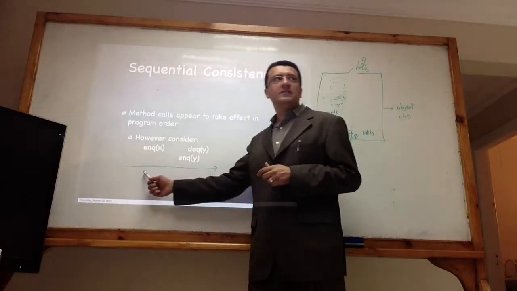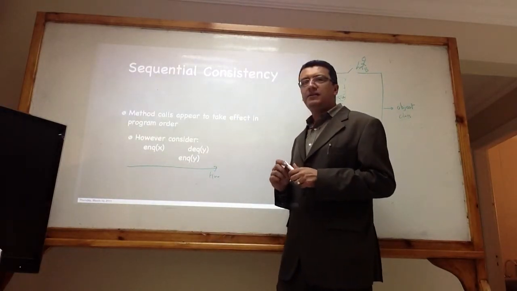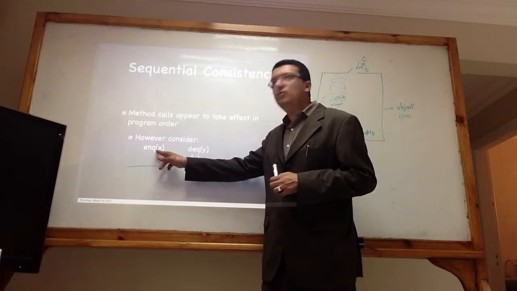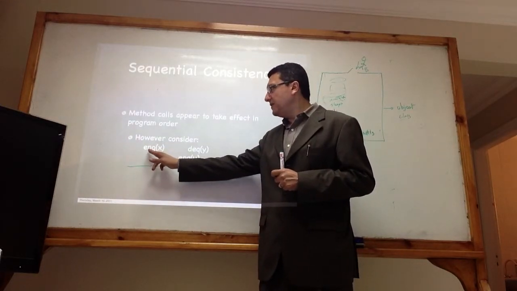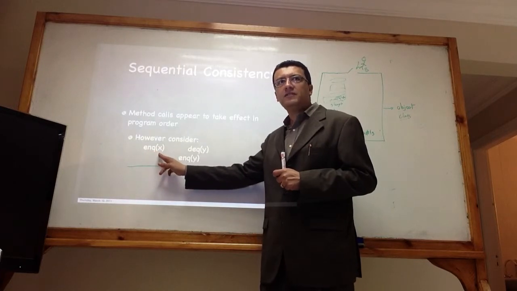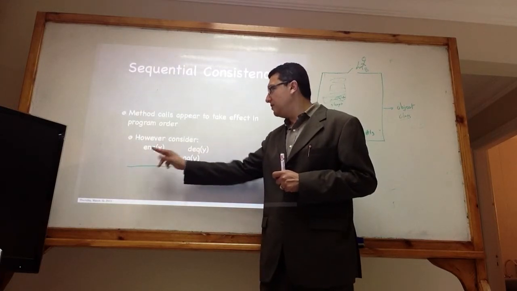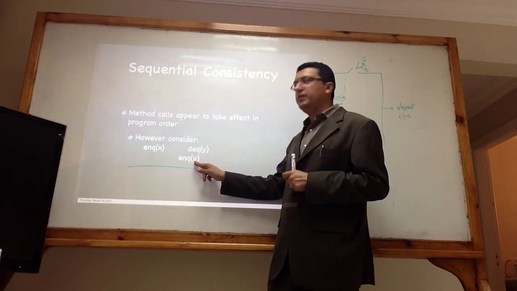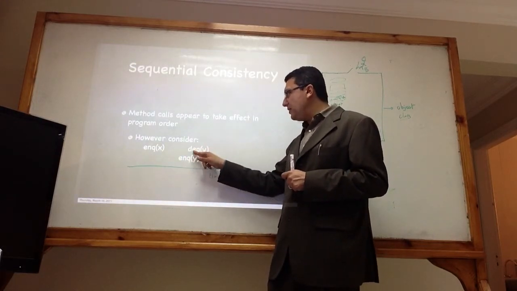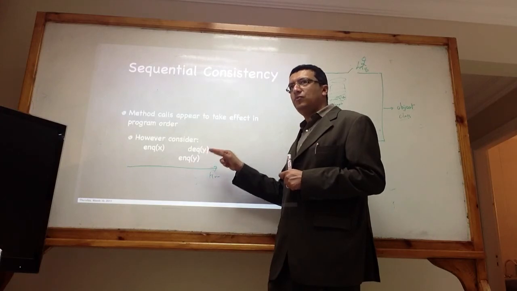Imagine that this is the time axis and you have a queue like what we've shown you. You have this operation, enqueue x, so you put the x object inside the queue. And then another thread here makes enqueue y. And then the first thread will dequeue something. And what it